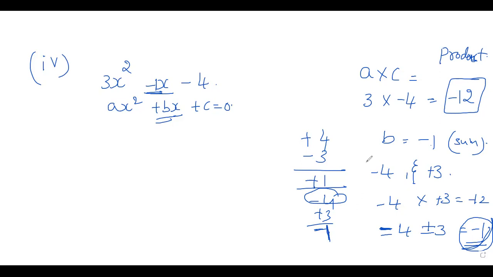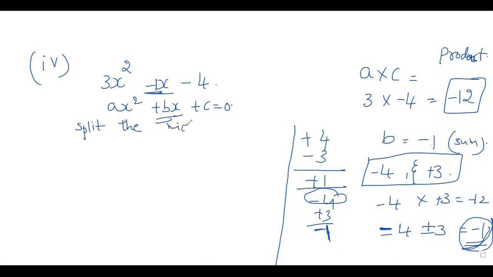Okay, we got the numbers, that is -4 and +3. Okay children, split the middle term. Split the middle term, that is -1x. Write 3x square as it is, -4x